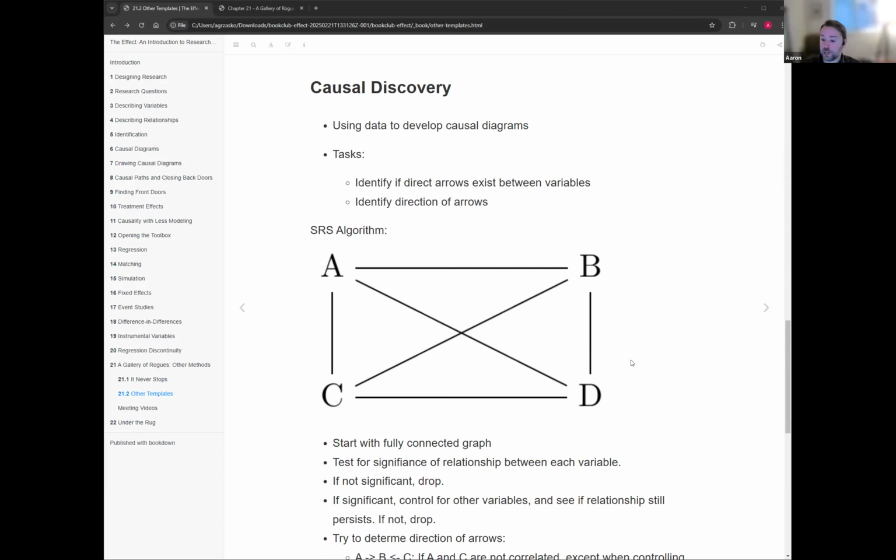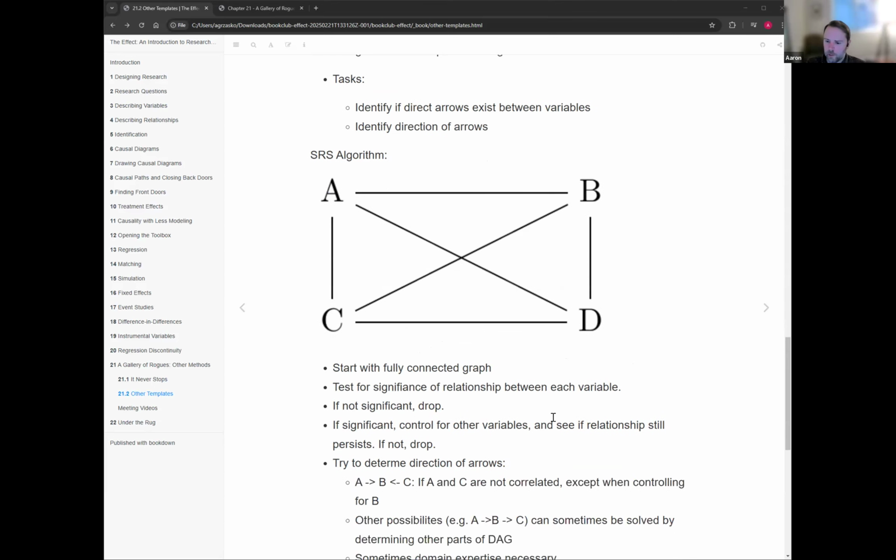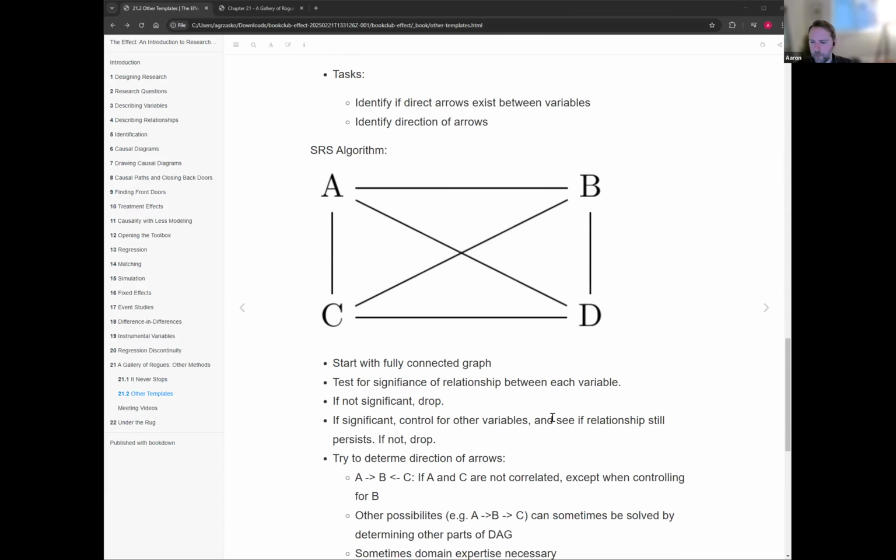And if you find no statistical significance, you drop that relationship altogether. If there is statistical significance, then you start dropping other variables in the graph, maybe one at a time or in pairs. I'm not 100% sure